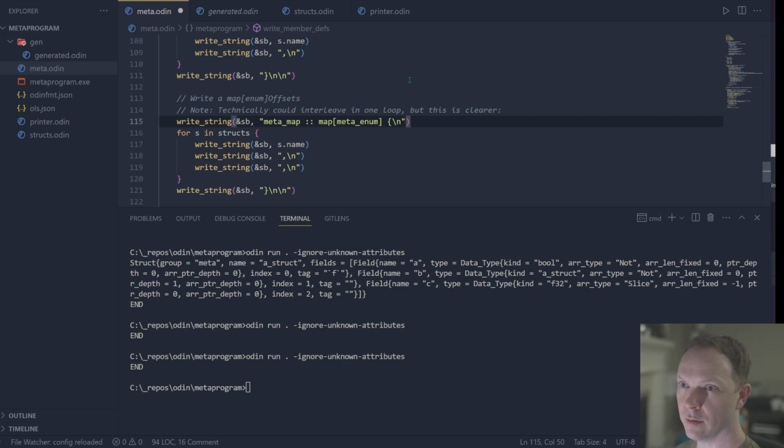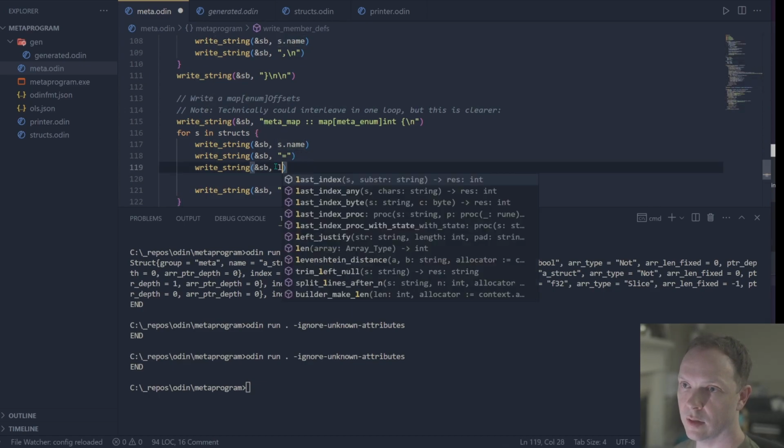I mean, you could do like byte offsets or something. Yeah, we're just gonna do this. This is silly, but whatever. So that name equals, and it's just going to be